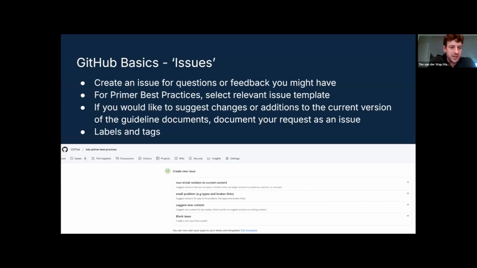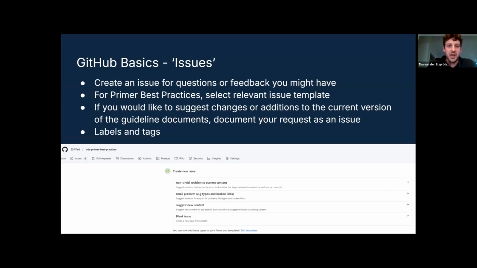And essentially what it does when you create an issue, it opens up a thread where we can have an open and transparent discussion, and anybody can read into the various arguments that people might have. And then whenever an issue is resolved, we can simply close the issue. But even closed issues, you can still look through any closed issues over time if you want to.